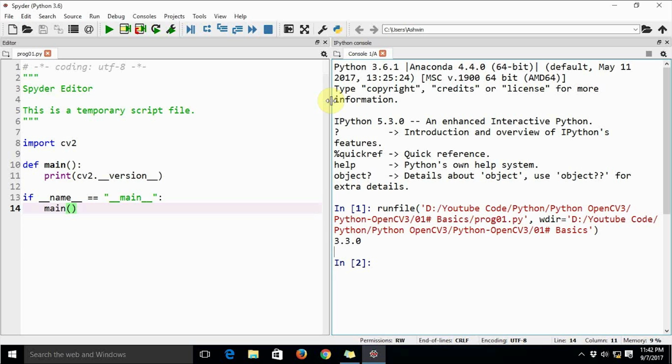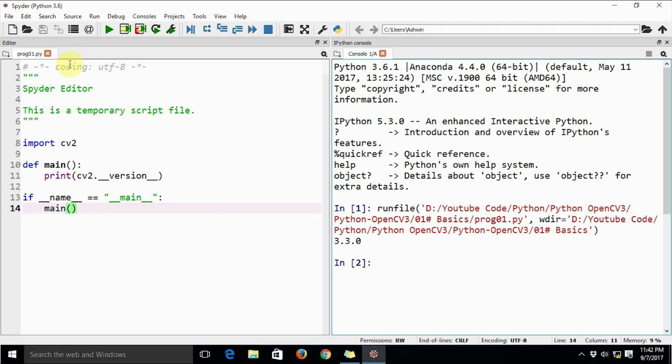Spyder is a very useful IDE, so I would recommend that you all get familiar with it, because we will be carrying out most of our tutorials in Spyder IDE, as it has an integrated IPython console. It is very convenient. As you can see here, we are able to see the output. The output reads 3.3.0, which is the OpenCV version that we have installed on this machine.